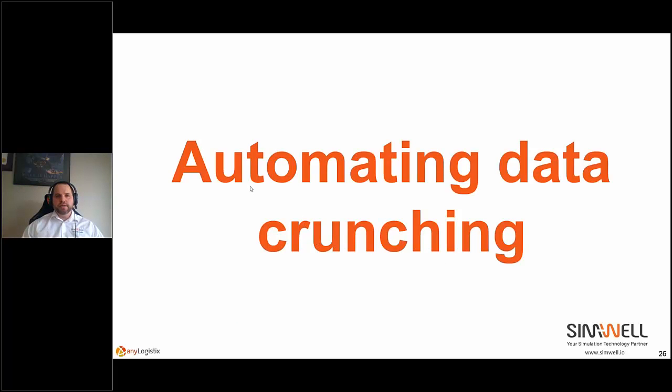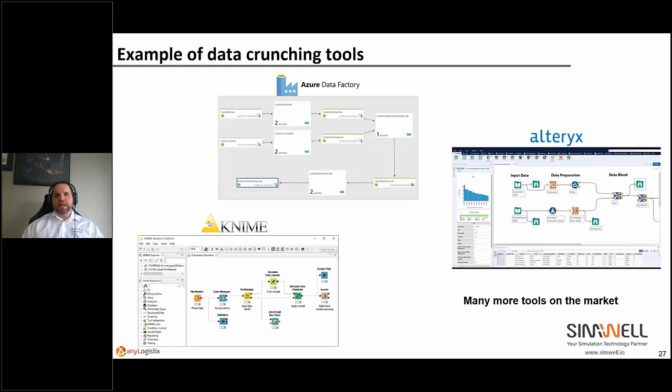Next one, automating data crunching. If you want to build a digital twin of your supply chain, you will need to automate the data crunching. That's going to be a key of that supply chain. There are several tools out there that can help you do that. This is just some examples. Azure Data Factory and Alteryx are examples of tools that we've come across. I'm not too familiar with these tools myself.